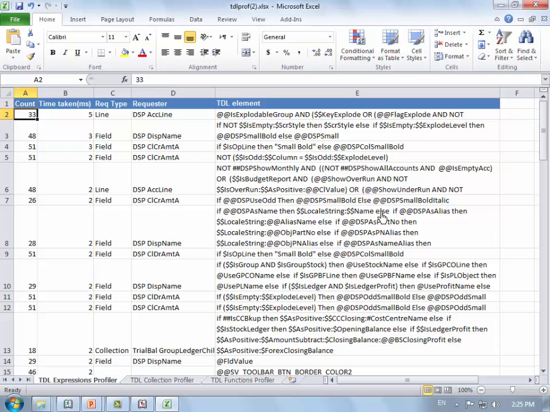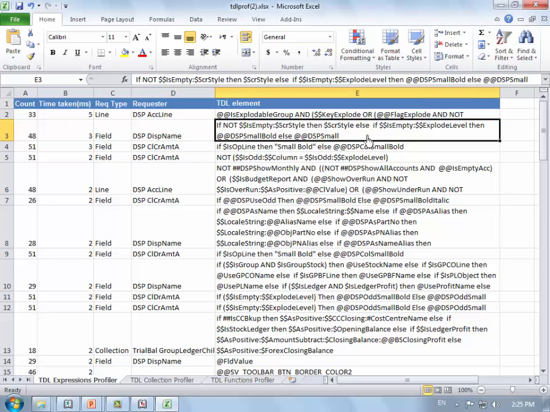Right, so now we can see count is 48 times, 3 milliseconds for the field DSP name, and this is the expression it has been trying to evaluate.